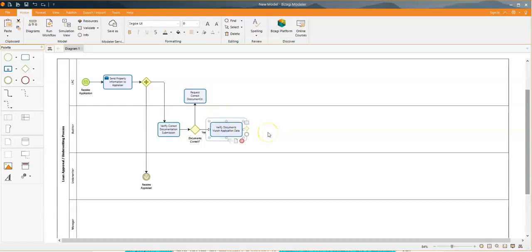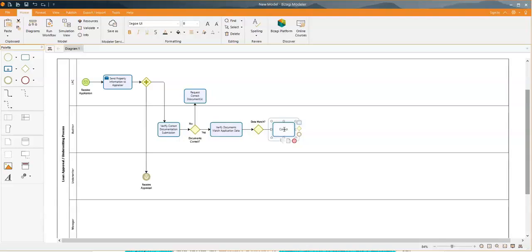Once they verify the documents match, so we need a gateway. So do they or do they not? Do the data match? I'm going to move this up here. I'll slide this over. This is no. They're not the correct documents. Want to keep it separate so it's really clear which is the yes and no process flow. Do the data match? If they do not,